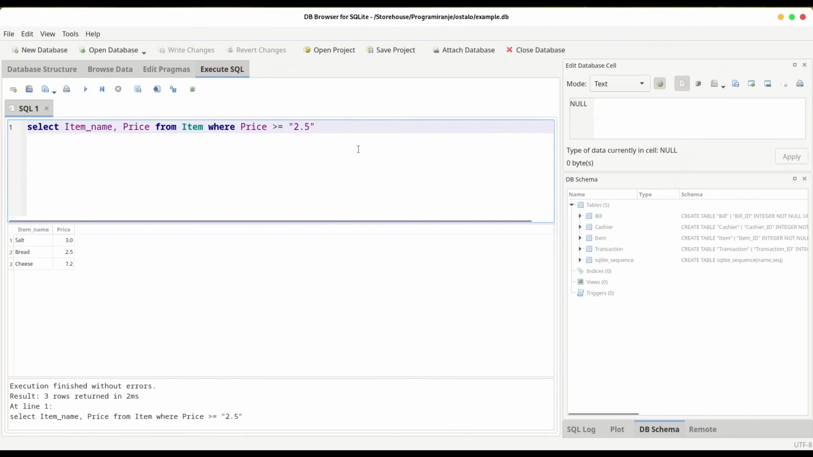And of course there is so much more with the WHERE statement, and that is what we are going to deal with in our